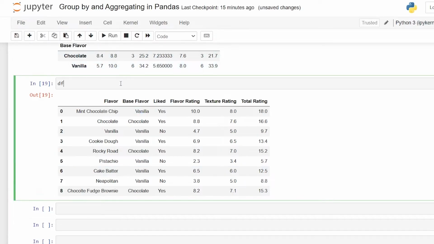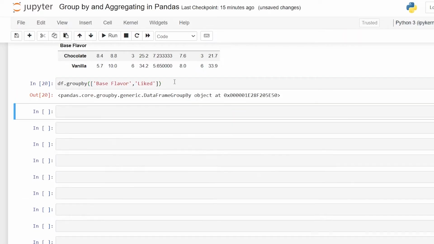So we're going to say df.groupby, then we'll do an open parentheses. And then instead of just passing through one string, we're going to do a list, and we'll say base flavor, comma, and then we'll do liked. So now when it groups this, it should put two groupings, and let's run this and just see. Let's just do .mean